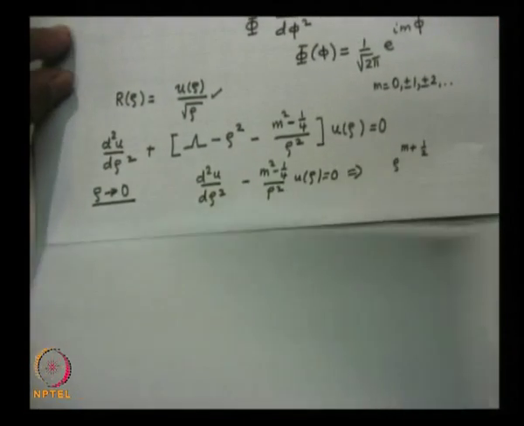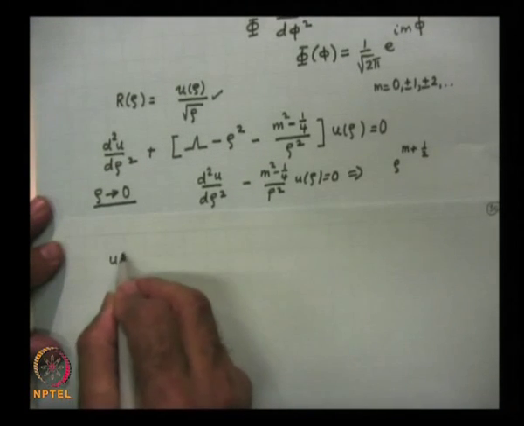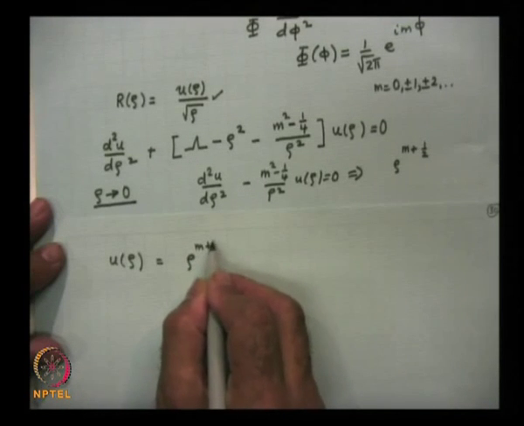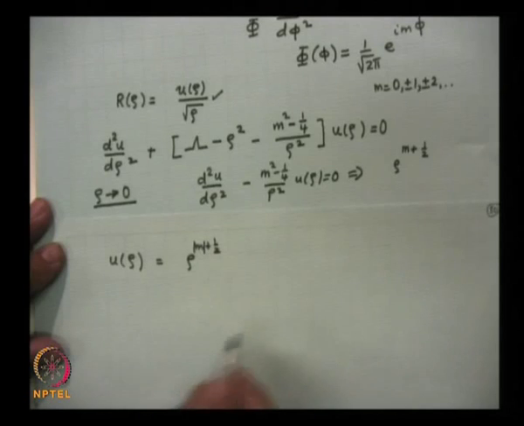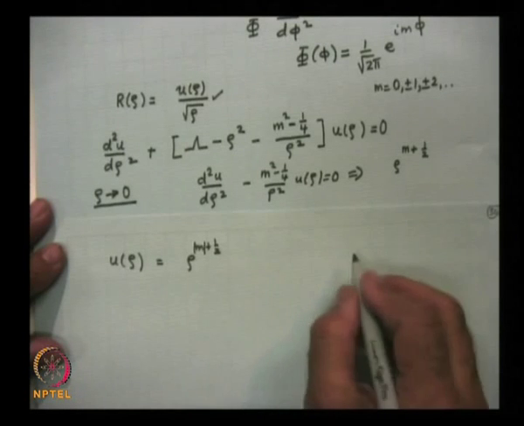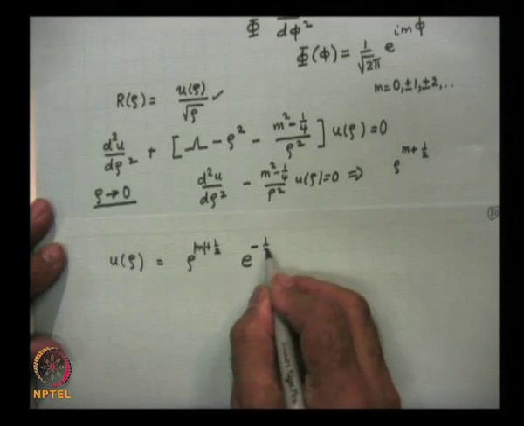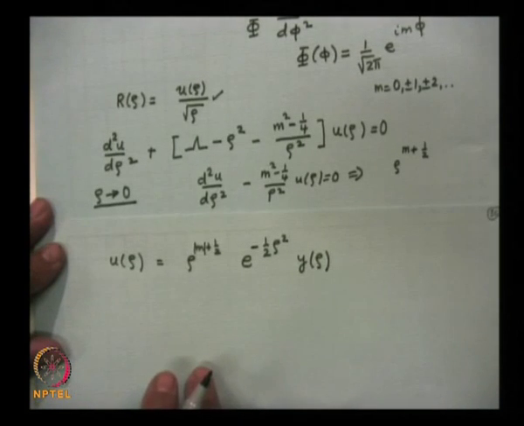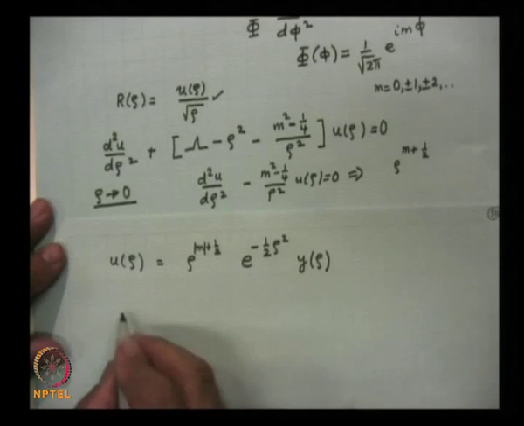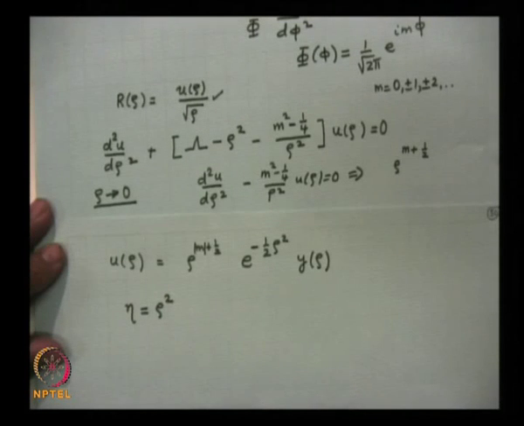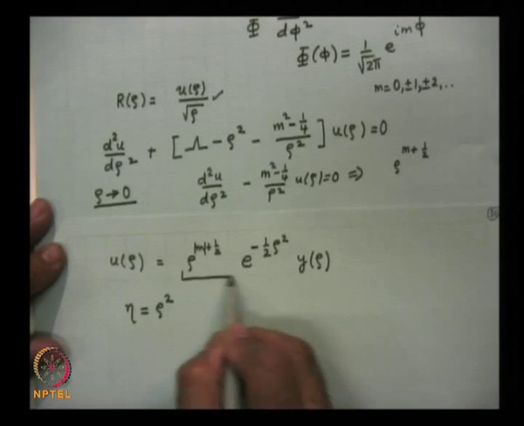So, therefore, the small rho behavior will be u of rho, the same methodology, rho to the power of m plus half, actually mod m, because here m square appears, times the large rho behavior, which will be again e to the power of minus half rho square multiplied by y of rho. Then, because of this term, you introduce another variable, which is eta equal to rho square, and this we take g of rho,